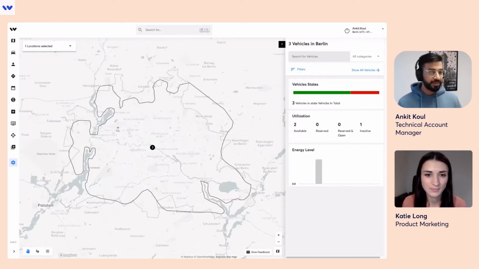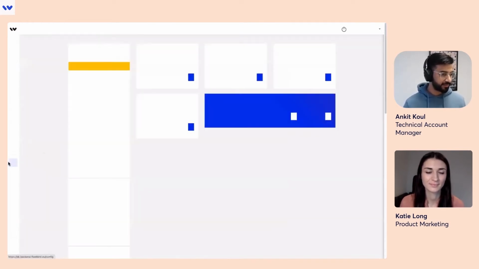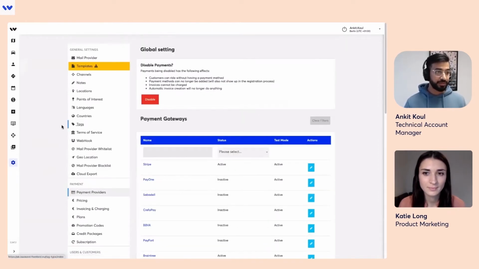Yes, absolutely. In my opinion, payment settings is one of the critical settings in our backend system, for the obvious reason being the way this is configured is directly proportional to your revenue stream. So let's quickly go to the settings. Right. So as you can see, we have a section for our payment settings and configuration. So the first setting that you can see is the payment providers.